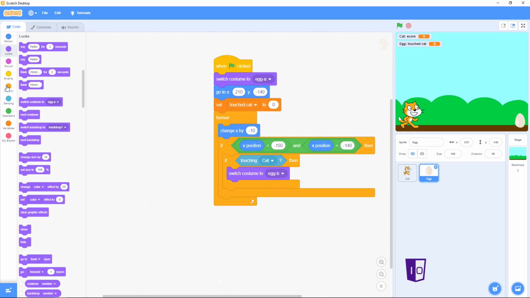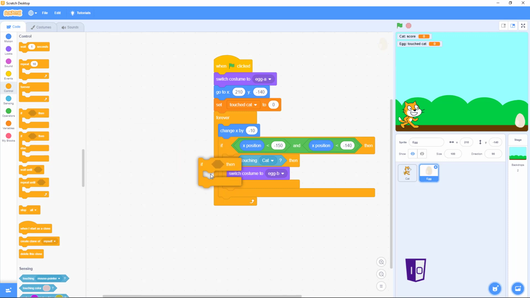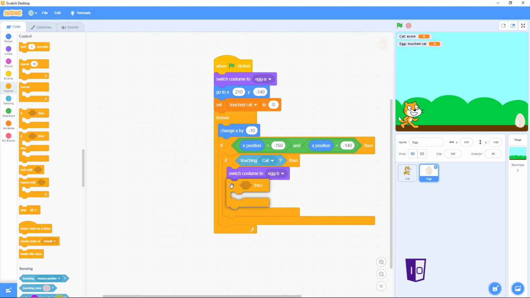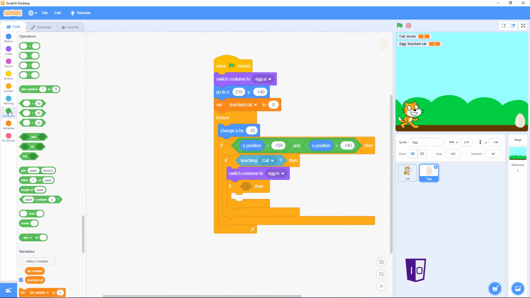From the control, we're going to drag another if-then block. Snap it right under the switch costume. And this one, we will be working on scoring. So we will need to go to our operators. Drag out the not block and put it right into our diamond. Within that operators block, we're going to add another operator. It's going to be our equal. Drop it right in. If not blank equals blank, then